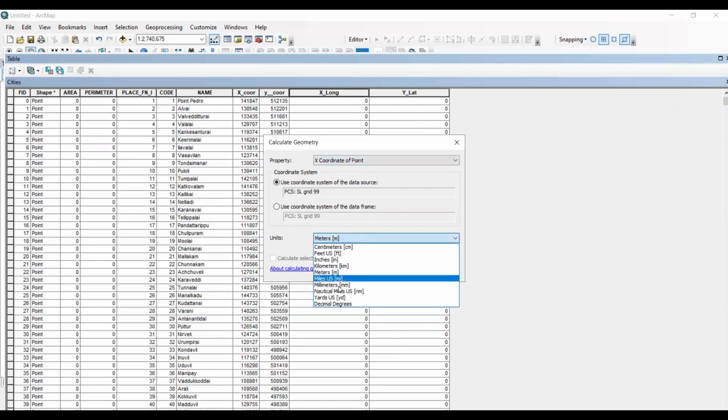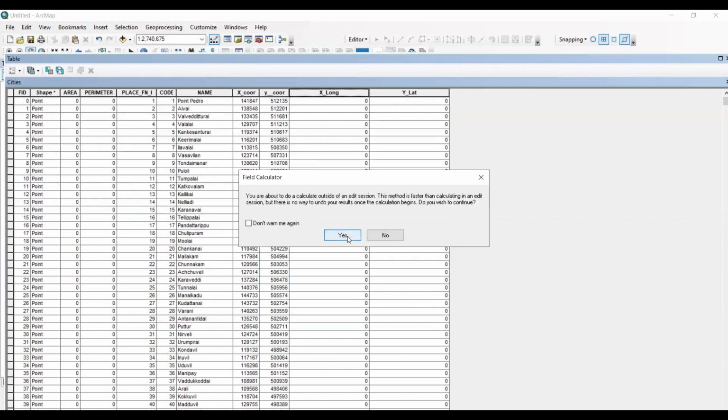So I'm selecting the decimal degrees. Here in this column, the x and y coordinates are in the SLD 99 grid, with 200 meter 1000 false easting and 200 meter 1000 false northing. But now I'm going to take the decimal degree, which is denoting the absolute coordinate system. There are two options, decimal degrees and degree minute seconds. I'm going to take this one to show the difference, because the other may be confusing.